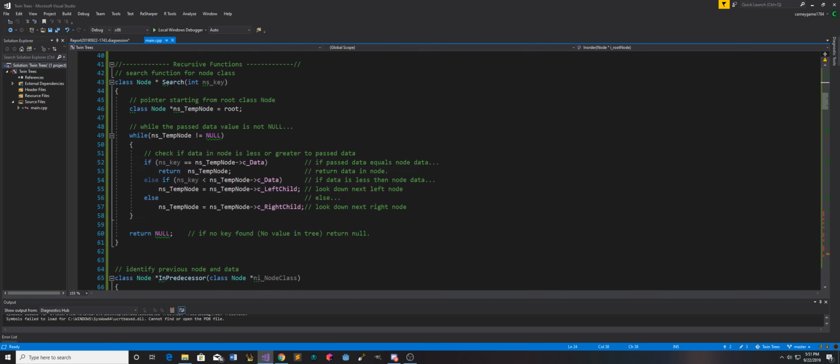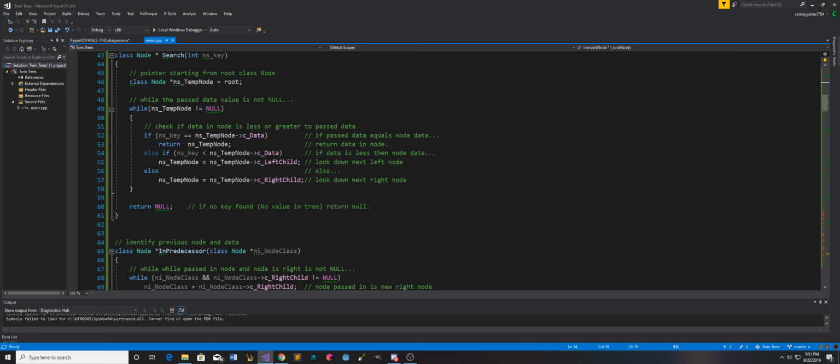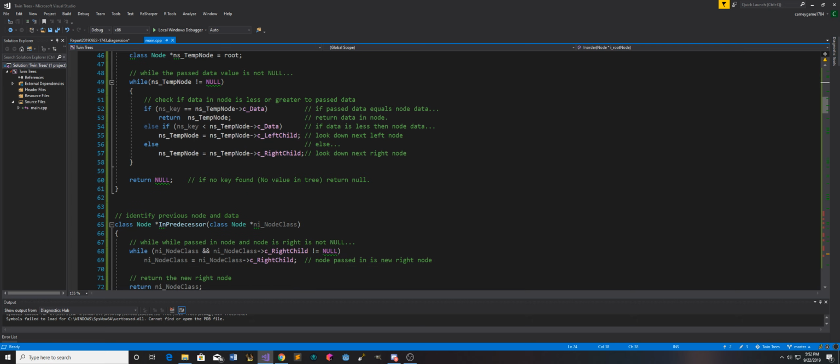So let's just go through the first one. The first one I have is a search, and all it's doing is taking in the data that the person wants to search for. It takes a temp node equal to the root. When I say the root, if you picture a small binary tree, it's literally just the initial node and then the two children, so the root is technically the parent, right? So just keep that in mind when you see root in my coding. So while the temporary node is not equal to null, which is currently the root,